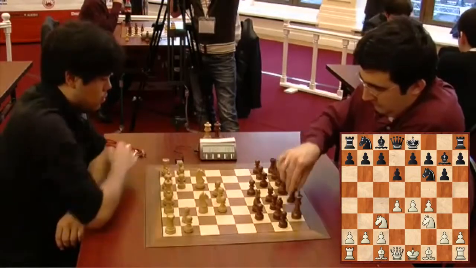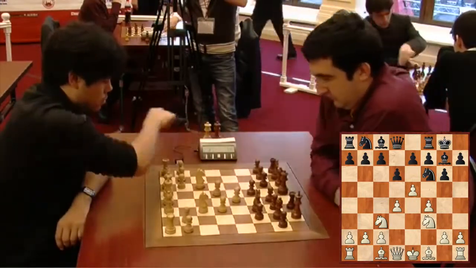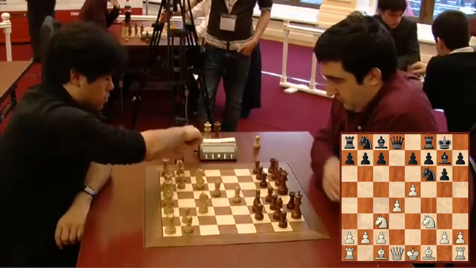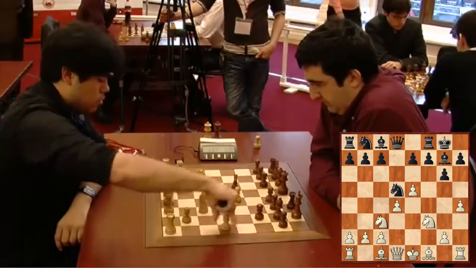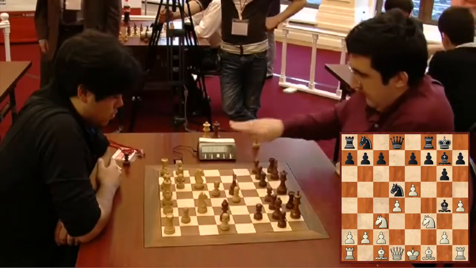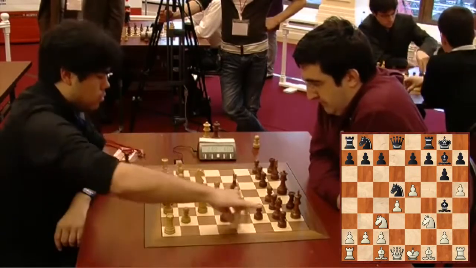The game opens up with a Pirc defense, one of the most complicated and sharp openings, very typical for Hikaru's style. He goes for mate immediately. He plays h4, not a very common line. Black decides that he has stopped it by playing bishop g4, but nonetheless, white continues with his attacking ambitions, and